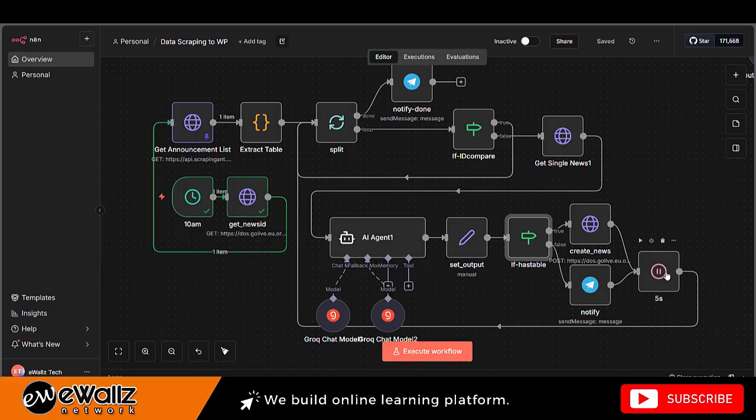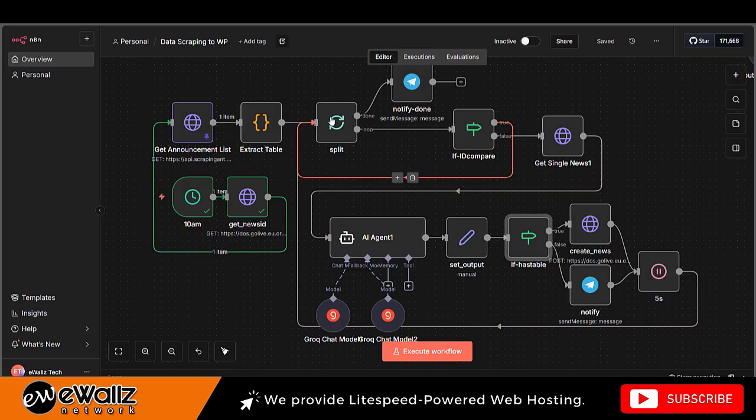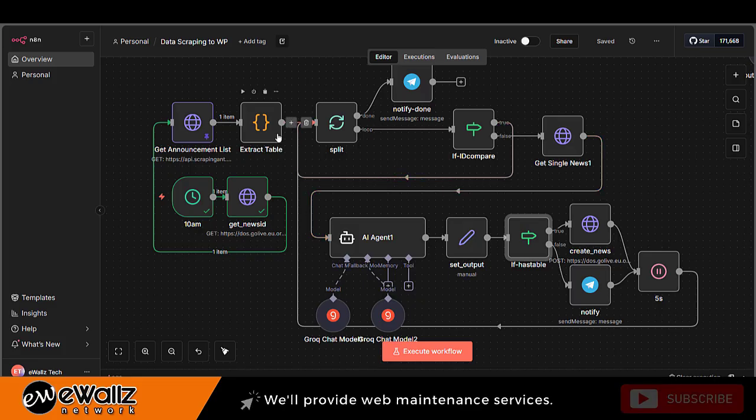So the process will return to the next news item and run through the same validation. If the ID already exists in WordPress, it will be skipped, and the process will continue until all the extracted table items have been processed.